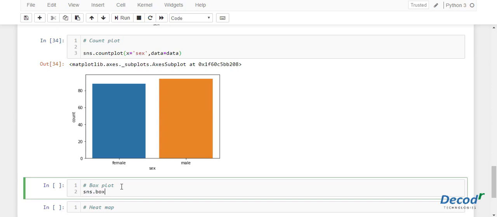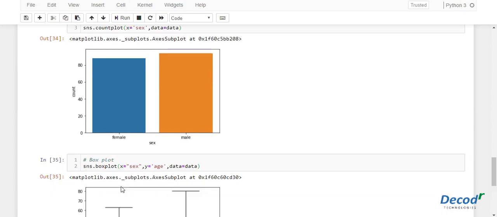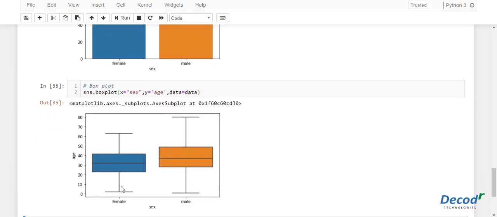So we'll use the boxplot function, which will take the x parameter as the column name, y as the column name in y-axis, and the data frame, which is data itself. And let's execute this. Now you can observe that there are two graphs and each graph has 4 parts in it.